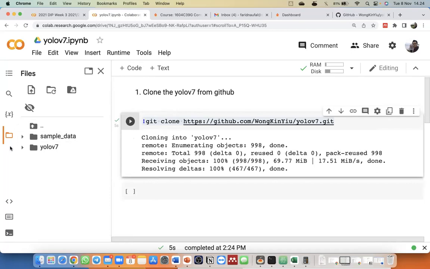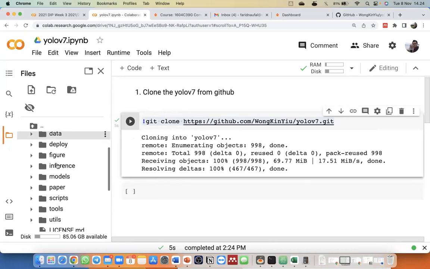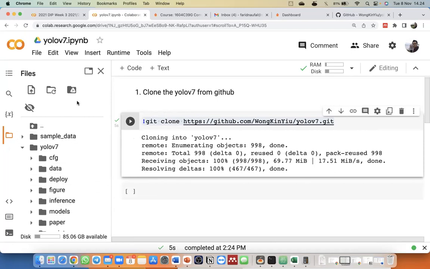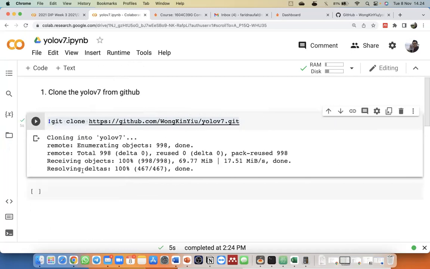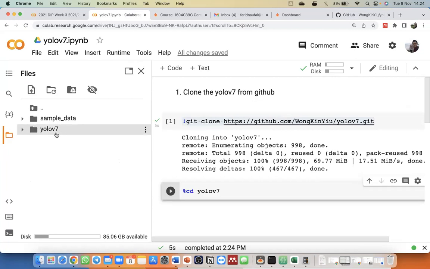Okay, now we already cloned the GitHub from Wongkin Yu, right? Then after we clone the GitHub directory, we go to the YOLO v7 directory, right? This one, YOLO v7.